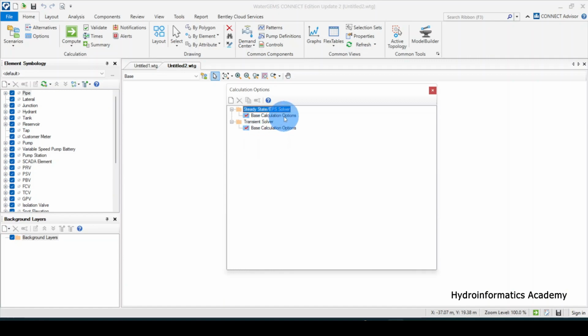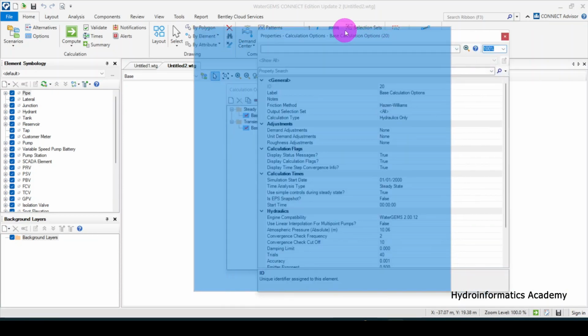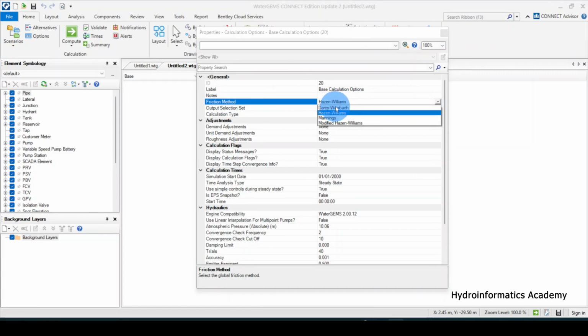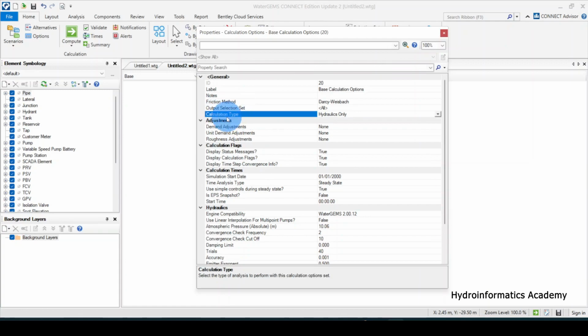Okay, so I will select this one here, base calculations options, and I will right click it and select properties. Then as soon as I click properties, this is the window that I am having. Now we have several options here that we can set. Okay, so the first one is a friction method. For now and for this tutorial, I don't want to use the Hazen-Williams, I want to use the Darcy-Weisbach, because in the previous tutorial we used the Hazen-Williams. Okay, so let me select this Darcy-Weisbach, and again the other settings, of course we can just maintain calculation types,